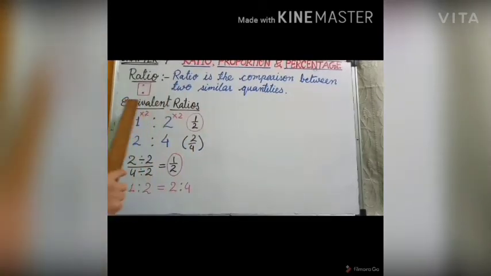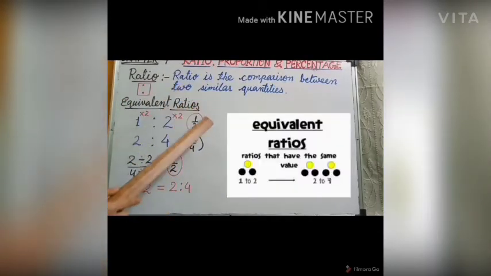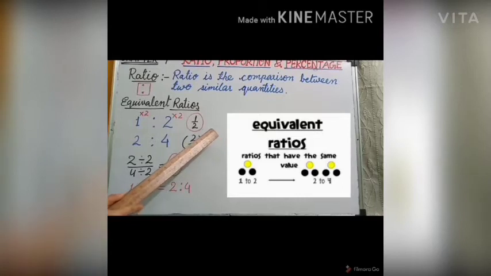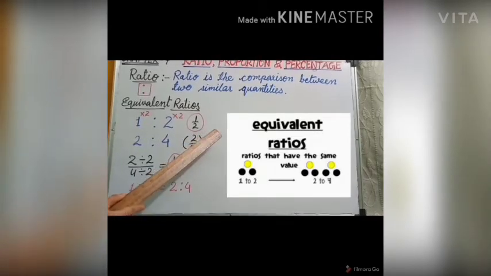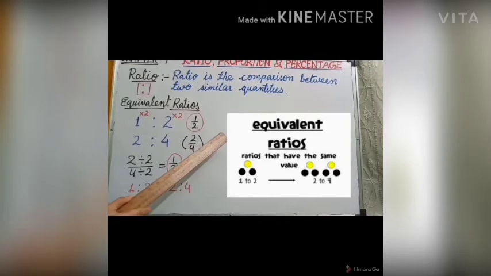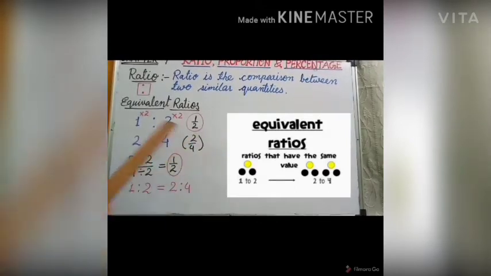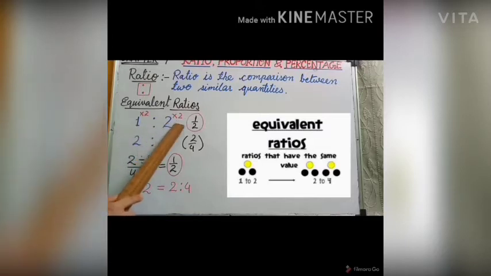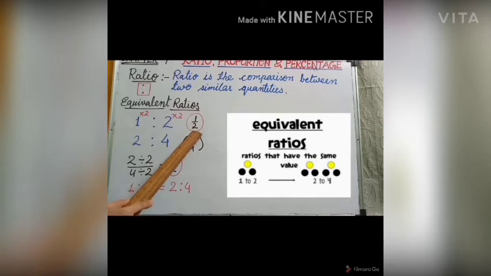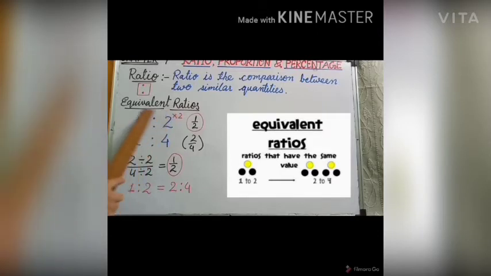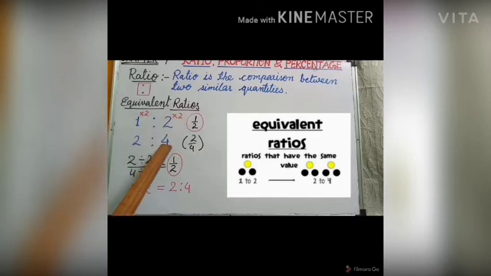Let's learn about equivalent ratios now. Okay, look at the picture. In the first part, you can see one yellow ball is there and 2 black balls are there. So what will be the ratio of yellow ball to black ball? 1:2. Okay, this is the ratio 1:2, and it can be written as fraction 1 by 2. Now if we multiply this ratio by 2, 1 multiplied by 2 is 2, and 2 multiplied by 2 is 4. We are multiplying with 2 here in the ratio. So we are getting 2:4.